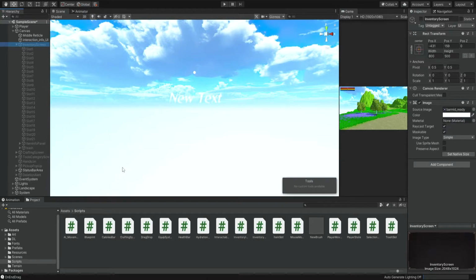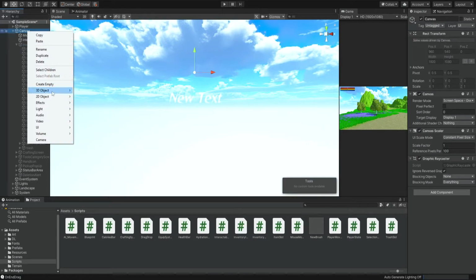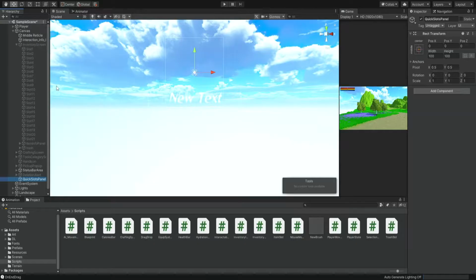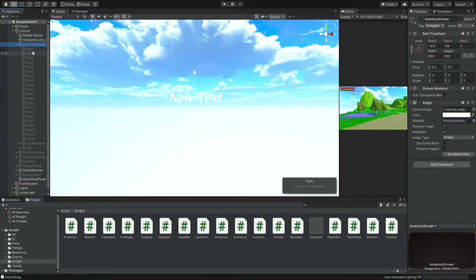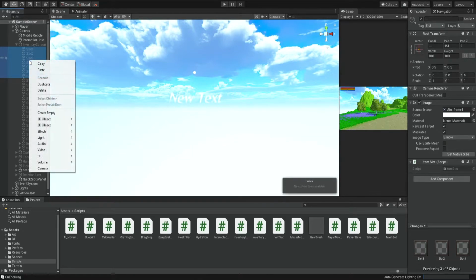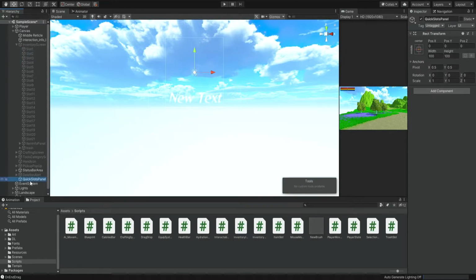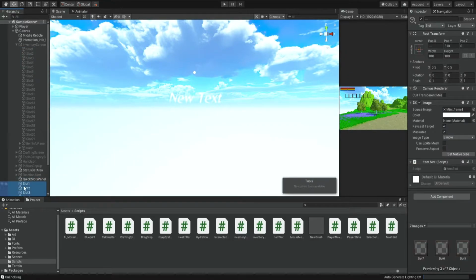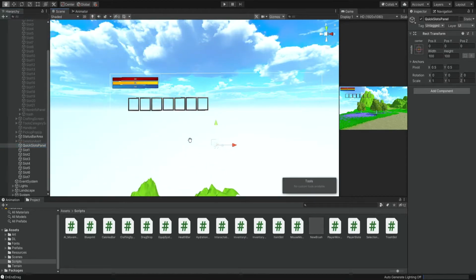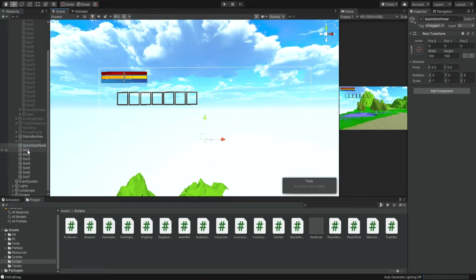Okay, so we're going to create an object inside our canvas and we're going to call it quick slots panel. Okay, and then we're going to go inside our inventory screen and we're going to select the first 7 slots. Okay, so I'm simply clicking on the first one, I'm holding shift, and then I'm clicking on the 7th one, okay? And then we're going to copy and paste it inside the quick slots panel. So now if we click on this quick slots panel and we zoom out, we're going to see this entire panel over here,